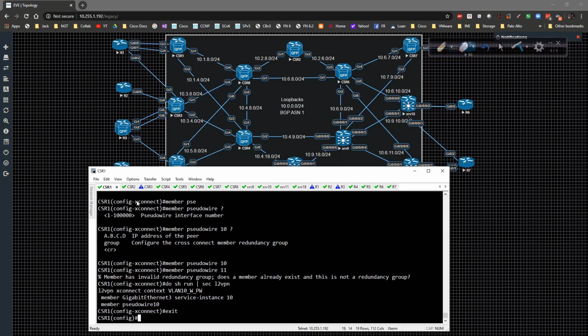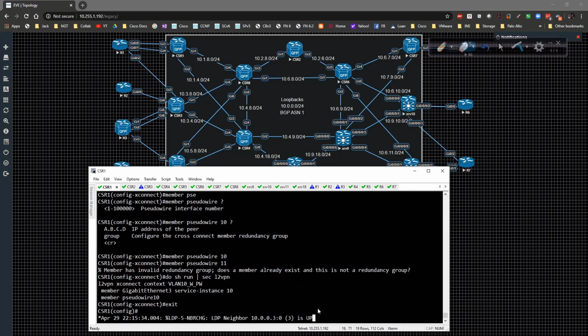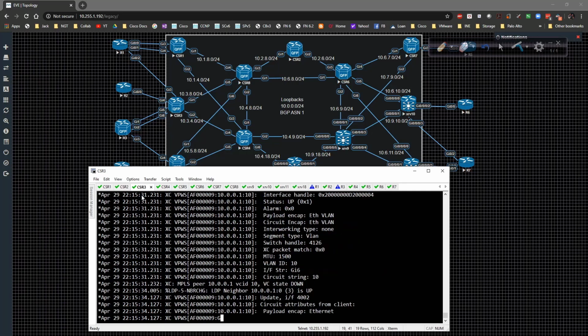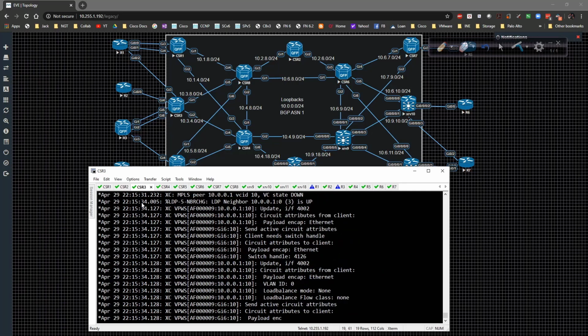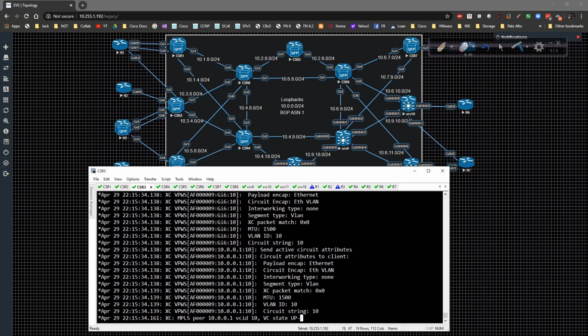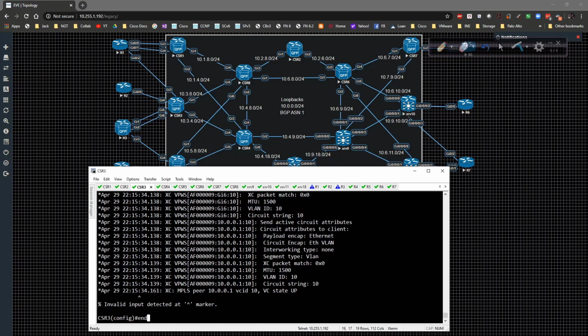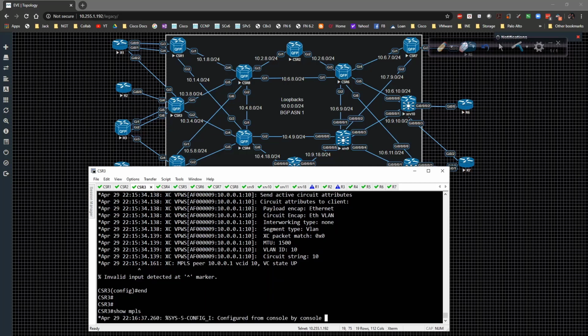That should do all the provisioning that I needed to do, and there we are. We're up and running, and everybody's good to go. We're going to give CSR3 a minute to finish its thing, and I'll bring you guys back in here in just a second. Alright, so now that that's all squared away and everybody's happy,